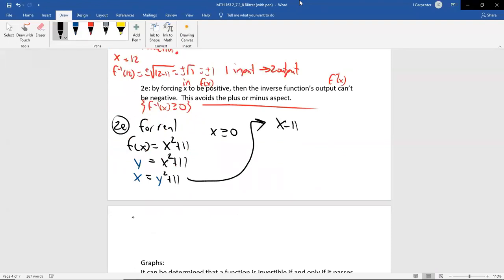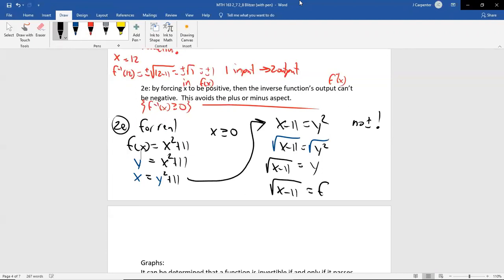So you'll get x minus 11 is equal to y squared. There is going to be no plus or minus here because, again, we said x has to be positive in the regular function, which means now we're in an inverse, so the y has to be positive. So we're not worried about y being negative, so there is no plus or minus. So just a regular old square root of both sides. So the y squared cancels, and you get just a y. And then the square root of x minus 11 is the left side. And that is a function. Write it as f inverse. Boom.